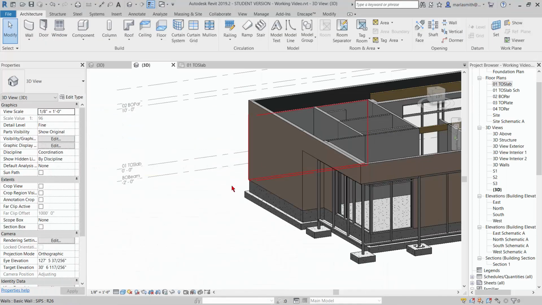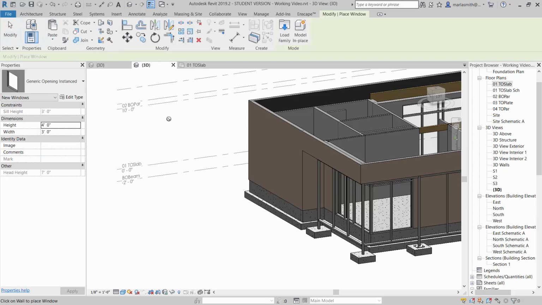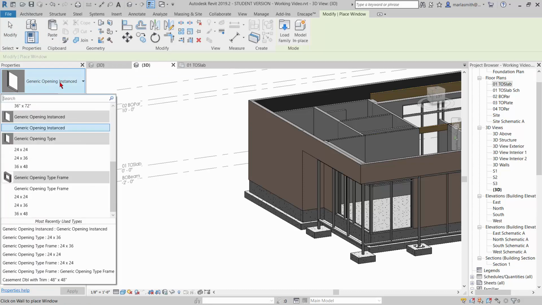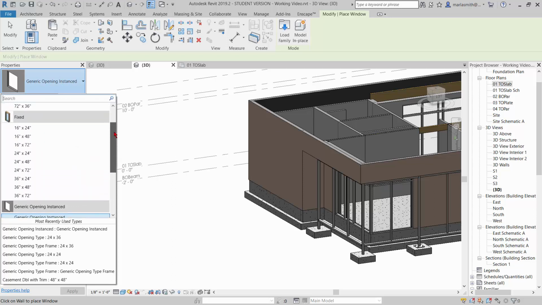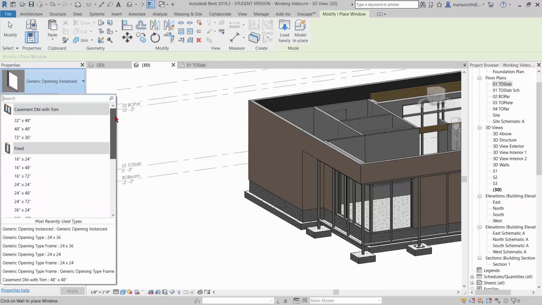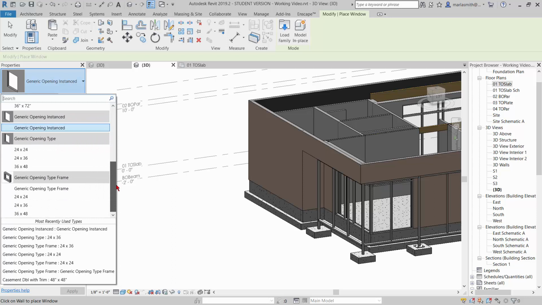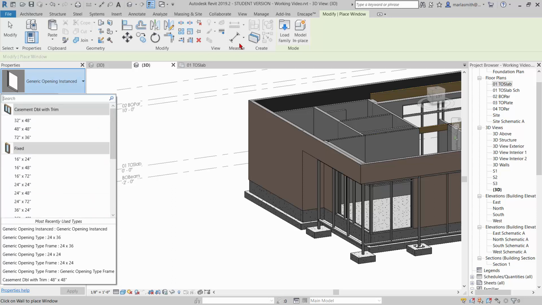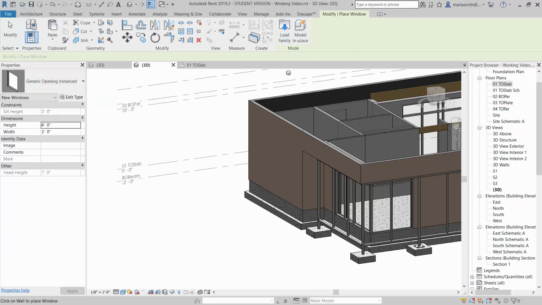So I'll minimize that. So if I go to my architecture and my window command, right? So my architecture tab, and then I go over to window, it'll open up the basic windows. You may have different ones. This is my template, but there's like a fixed window and a casement double in there too. We just want a single casement, and I don't see one there, so I'm just going to go to load family,